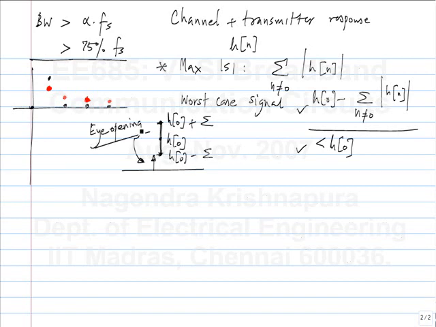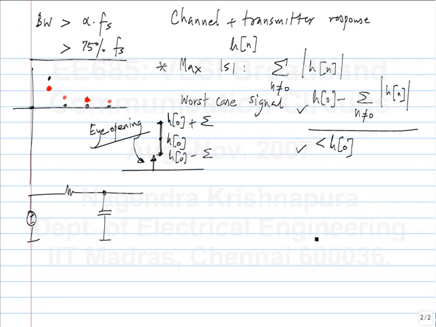I have not defined what an eye is. In fact, this is not the picture that we use. We can use a more vivid picture in continuous time to visually gauge how good the signal is in the presence of ISI, and that's known as the eye diagram. But at least here it is clear that this part, which is the opening, determines the bit error rate. The eye diagram is more graphically intuitive. It is the same thing, but in continuous time. You don't look at the values of the samples, you just look at the value of the entire waveform.